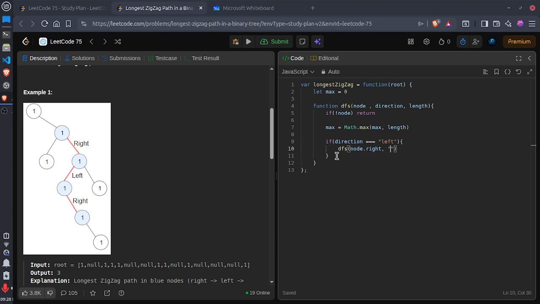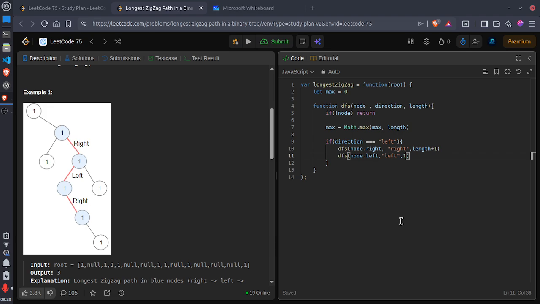Now this time give the direction right and give it length plus 1, means it continues this length. Else we also have to check the left side, means the opposite side also, but this time we have to take the left